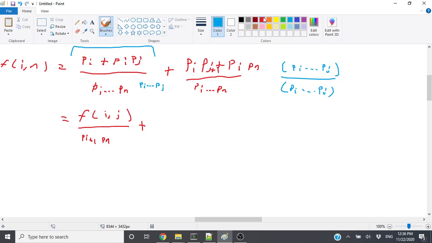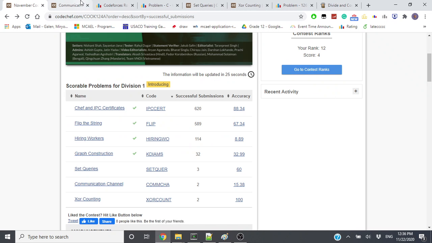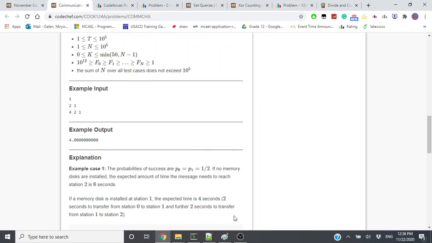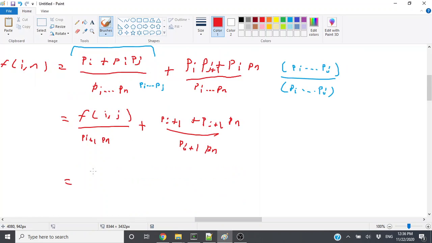So we multiply by this, and then we get pj plus 1 up to pn over pj plus 1 up to pn, which is to say is equal to f of ij over this constant. Let's let this be c1